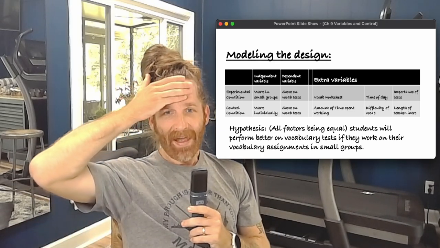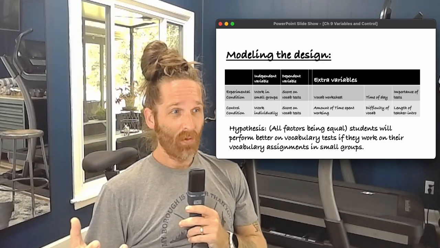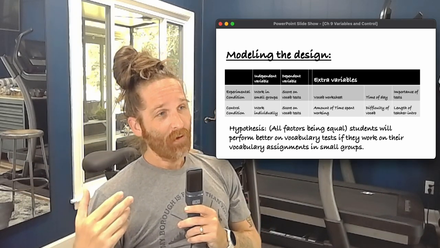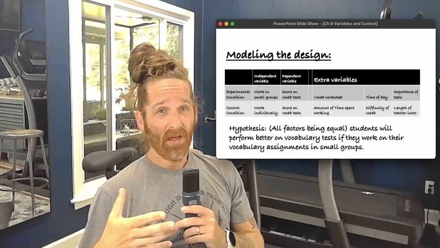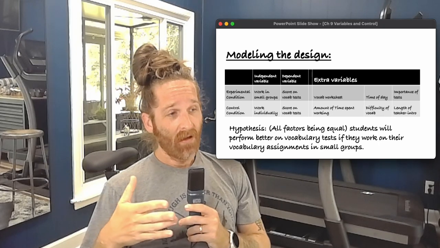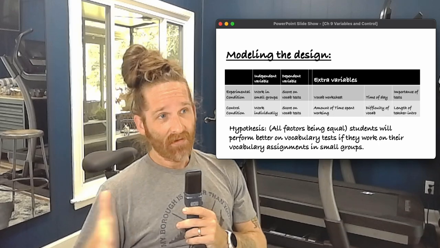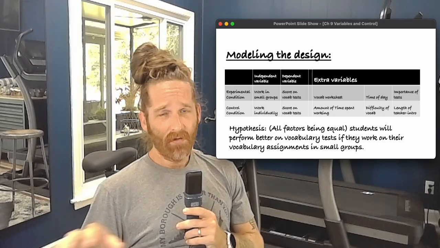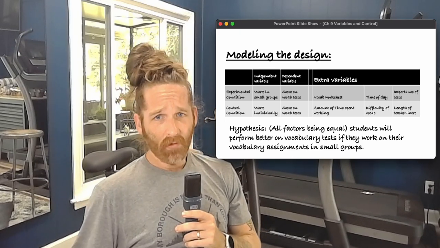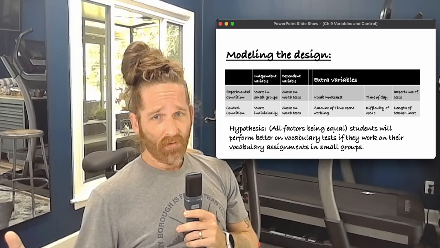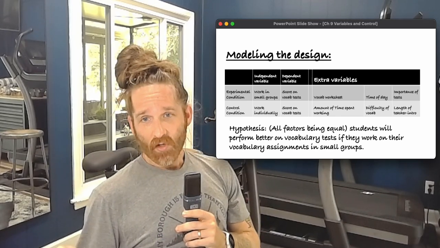So what might count as a variable? Well, really anything your students do or how they act, or it could be classroom conditions. It could be how long the day is, how long the recess period is, how many tests students take, how the grades are distributed. Anything that can be changed or manipulated is a potential variable, and anything that can be measured is a potential dependent variable. So look at your research question,